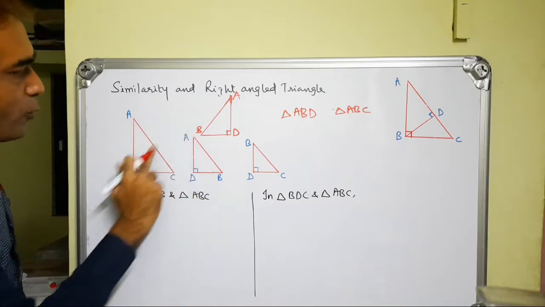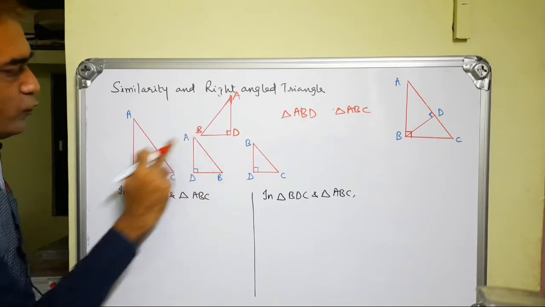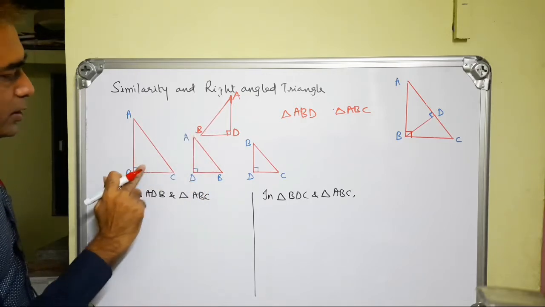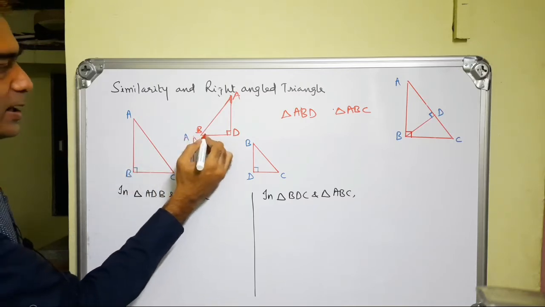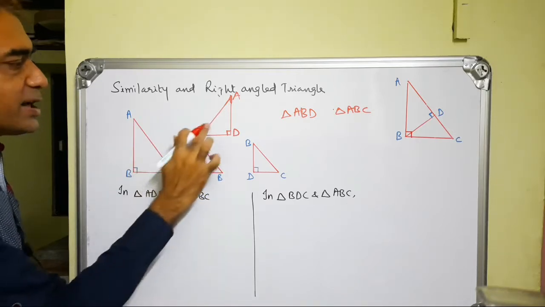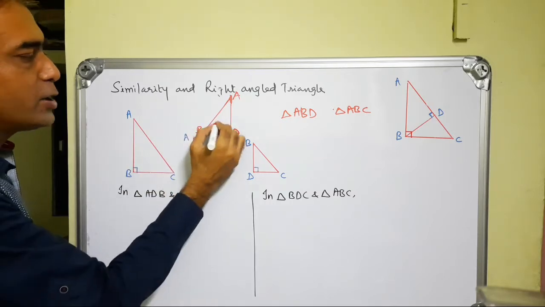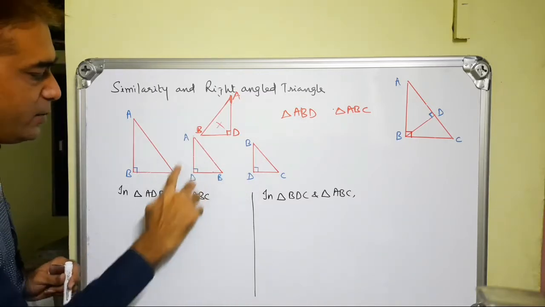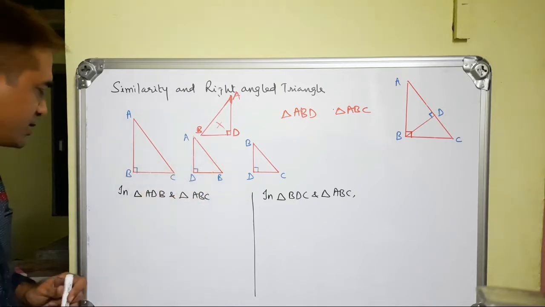Does this look like a proper one-to-one correspondence? Will they be similar like this? No, they will not be similar like this, because here this is angle B and here this is angle B. So these both are not right angles, both these are not congruent angles, so this one-to-one correspondence is not proper. So we will not write triangle ABD, we will write triangle ADB. When we write triangle ADB, then only they will be in proper correspondence.